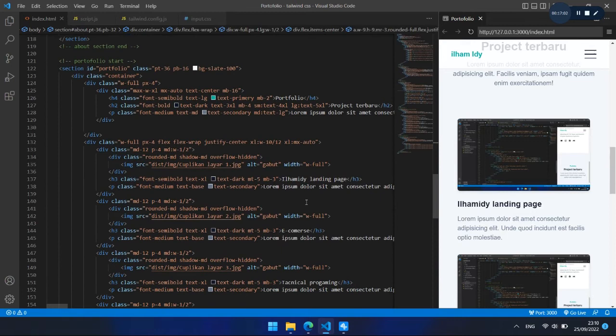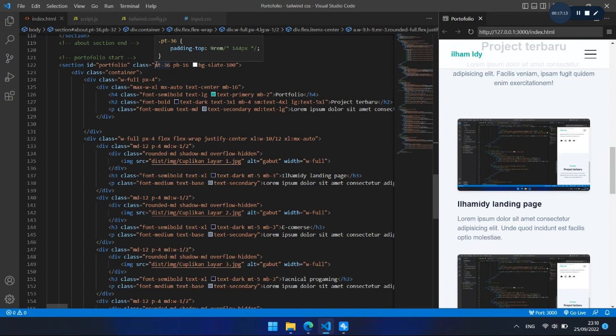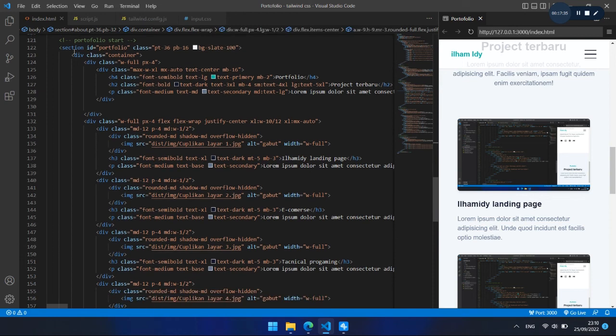okay, in this portfolio we can give the tag section with id portfolio and give the class padding top is 36 or 144 px with padding bottom is 16 or 64 px with background slate 100, and we give the div with class container and div class width full with